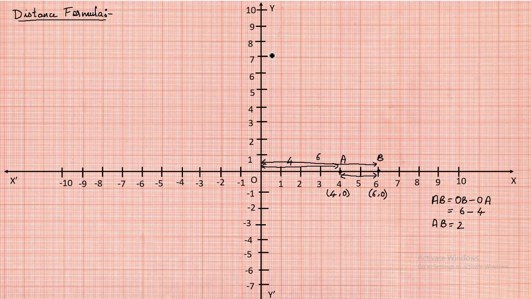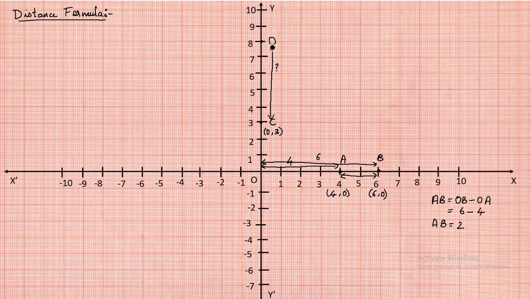Similarly, let us find out the distance between 2 points on a y-axis. So consider a point here. Let us take this point as C, and another point as D. We have to find out the distance between C and D. What is the coordinate of C? Since there is no x-axis coming into the picture here, the x value will be 0. What will be the y value? On value 3 we have this point C, so the y value will be 3.